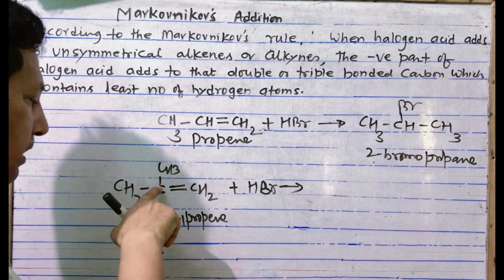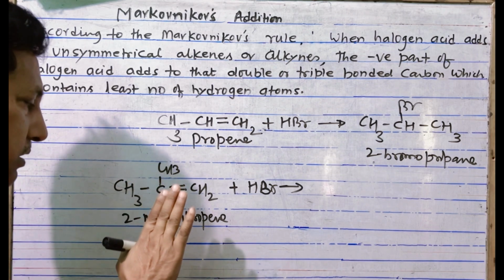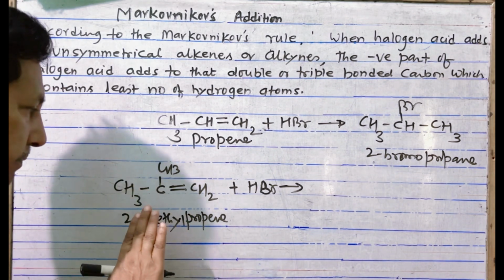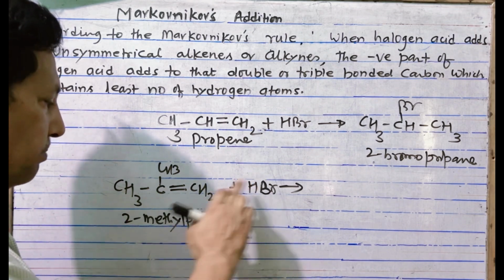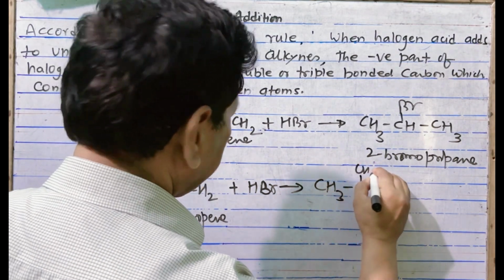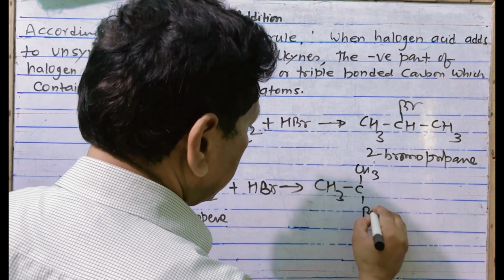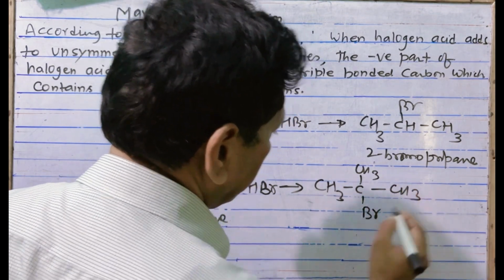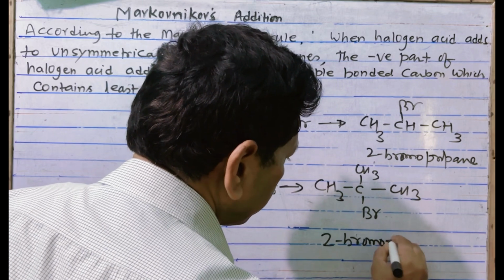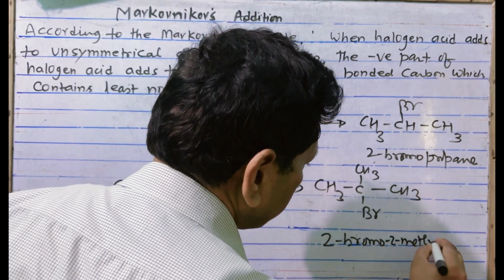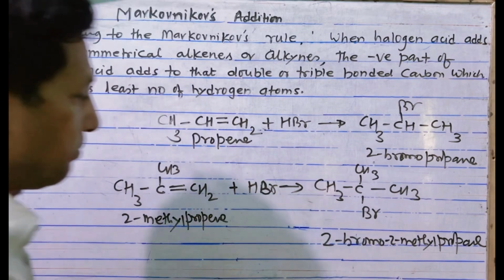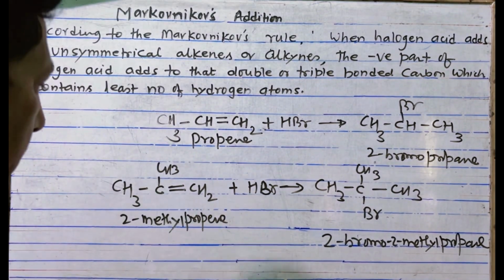If the carbon contains no hydrogen atom, it is supposed that it has the least number of hydrogens, so the negative part will go to this and the positive part will go to this, and you will get bromine somewhere here. This is the compound 2-bromo-2-methylpropane, a Markovnikov product. And